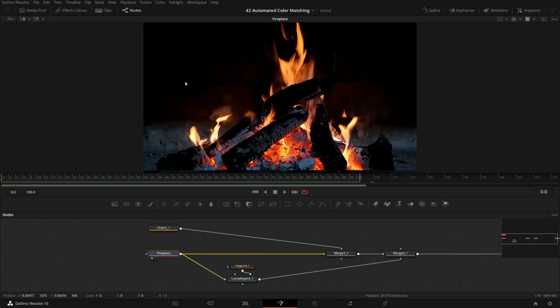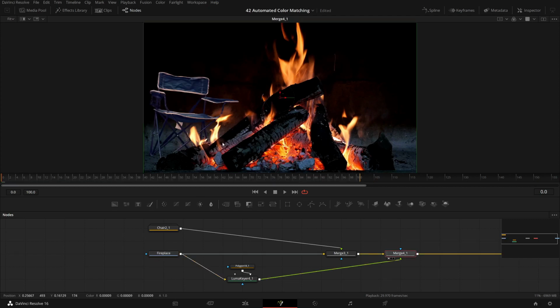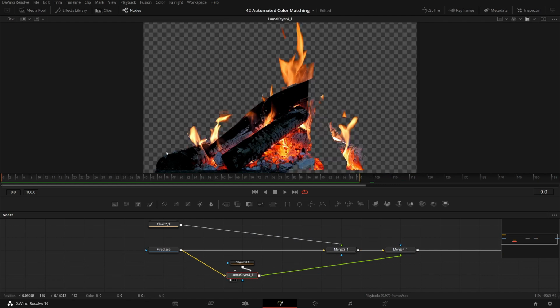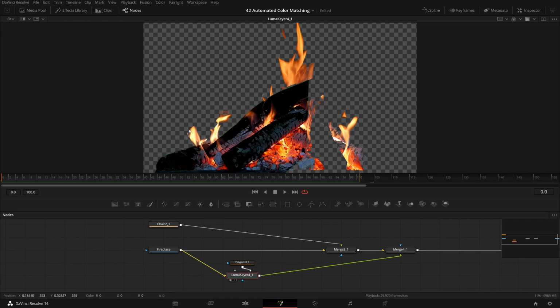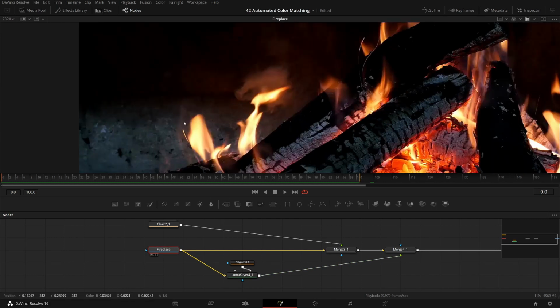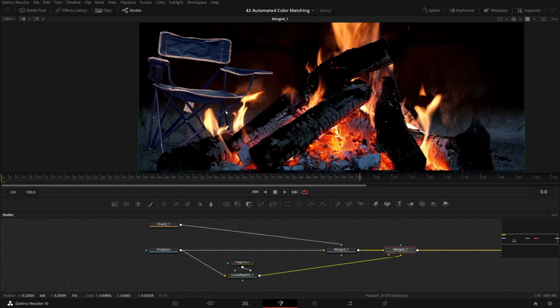And I have the fireplace here. The fireplace already has a bit of background, and I'm placing the chair in the middle between the background and the fire. So I had to extract the fire, and this is my simple Luma key here. I masked out the stems, the darker areas, and then used a Luma key to get the flames. Now this is not the perfect key of all times. I'm not getting these very light smoke areas here, which is super difficult to grab because you have a light background and then the smoke on top. So I'm kind of ignoring this, but for this tutorial this should be good enough.